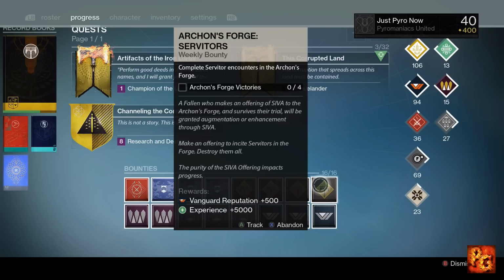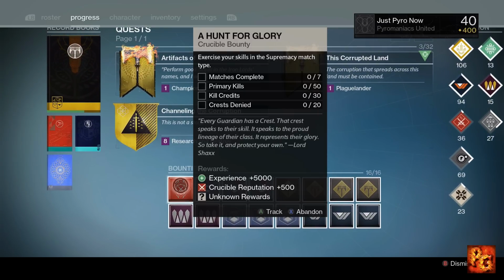So another thing is the weekly Shaxx bounty, as you can see here. If you're a fan of the Crucible, if you truly enjoy the Crucible, there's no reason you shouldn't be doing this every single week. Compared to some of the other activities in Destiny, this can give you pretty decent gear. It will give you gear up to 400. It does have a chance to give you large chunks of strange coins. It does have a chance to give you exotics, but for the most part, it's just going to give you